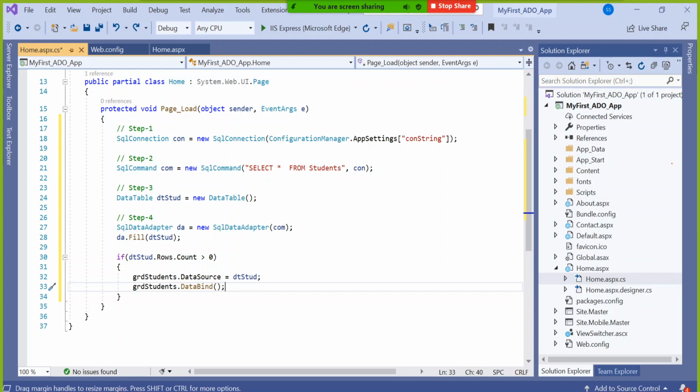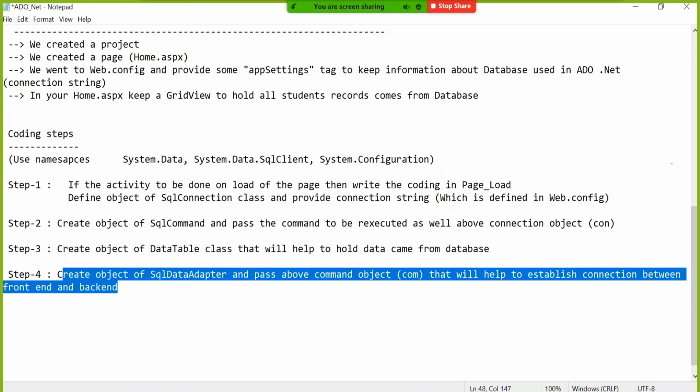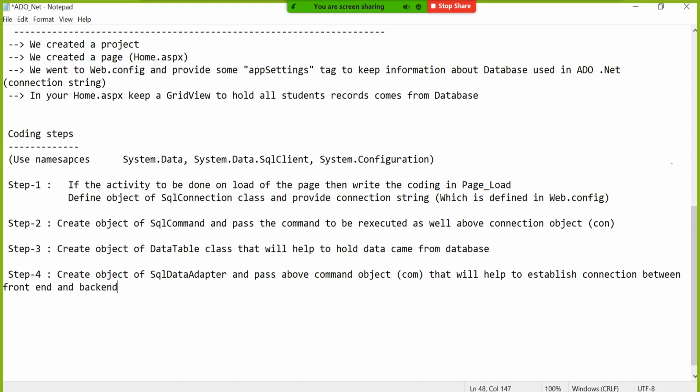Step 4 and activity 4. So the fourth step we already wrote here. If it is insert or update or something, then other functions are there, but this time we are practicing only fetch and display, that's why fill.